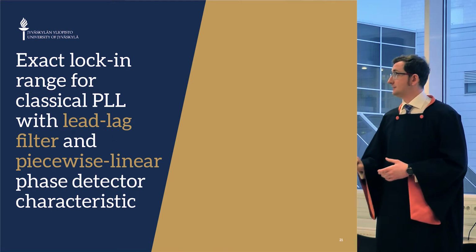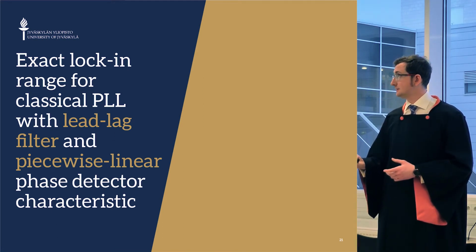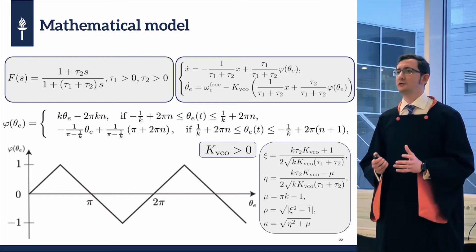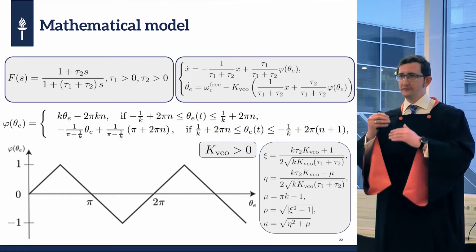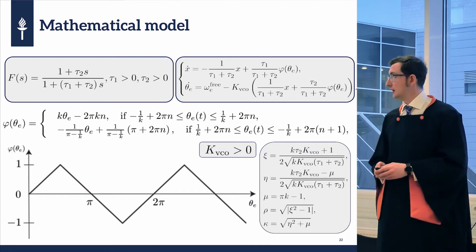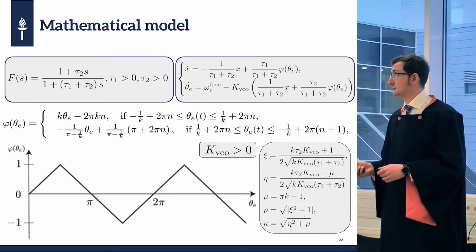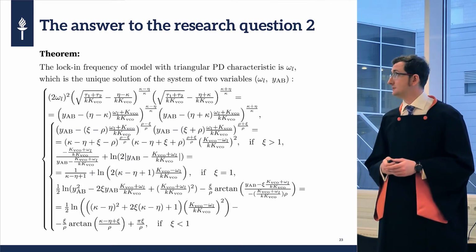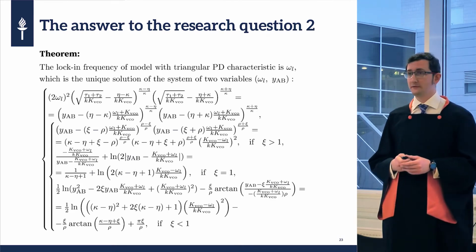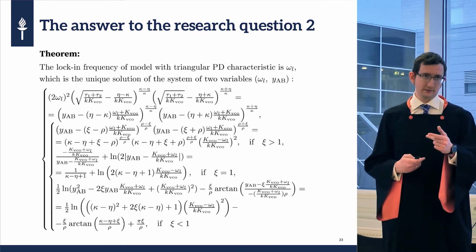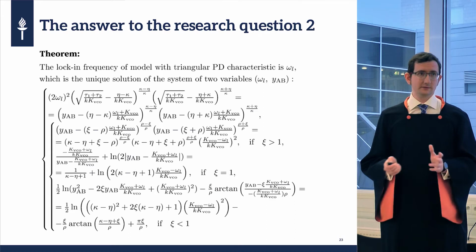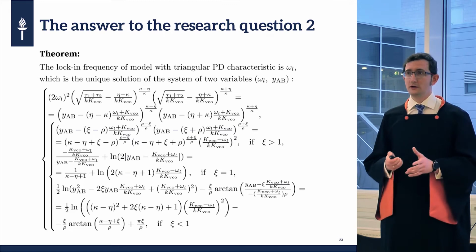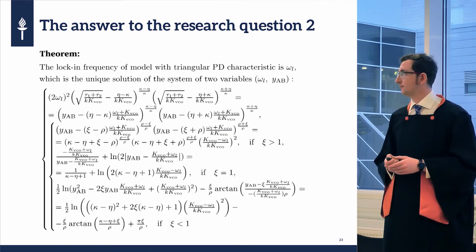So that's rather easy, and as we go into the lead-lag system, the model is quite more complicated here, but the approach is actually the same. We need to shift phase portraits and estimate the separatrix, and after some notation we get to a rather complicated theorem that allows one to calculate the lock-in frequency by solving two equations, actually. They are not differential, so it simplifies. Newton methods work fine, and it's okay to solve it numerically with arbitrary accuracy.